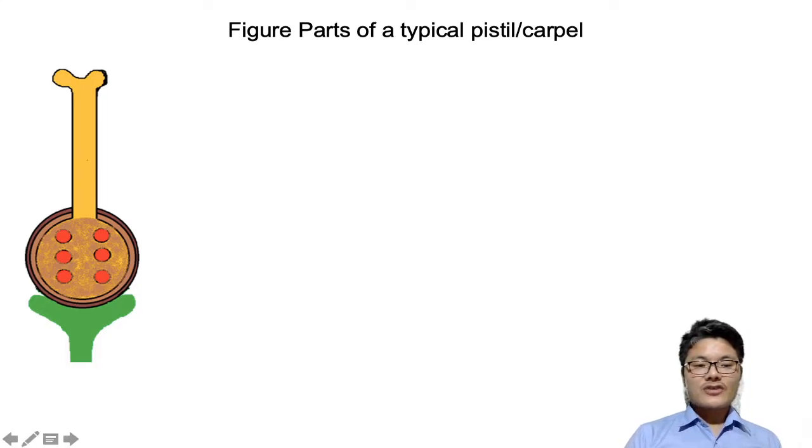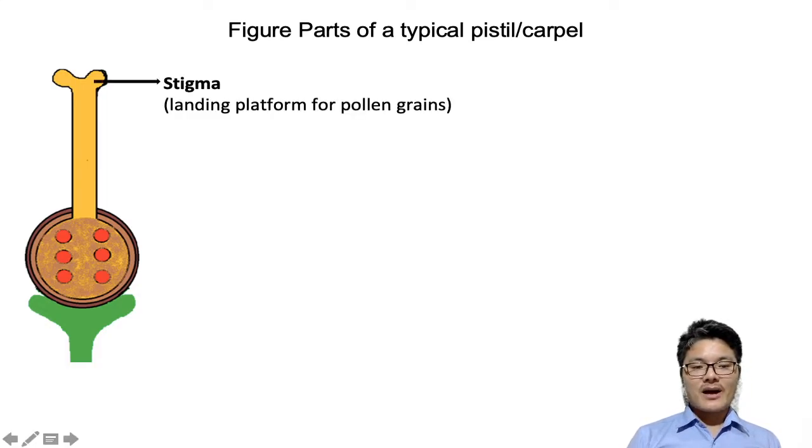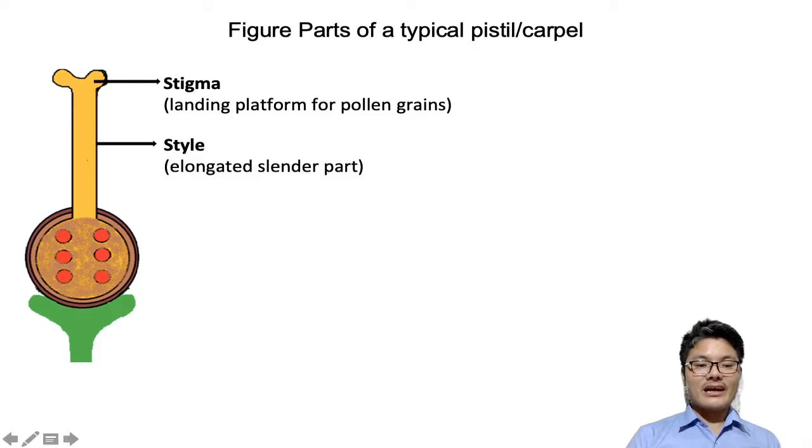In the pistil we have the stigma, which is the landing platform for the pollen grains. Pollen grains will be received on the stigma. Later on, pollen germination starts, and the stigma is attached to the ovary with an elongated thin stalk,